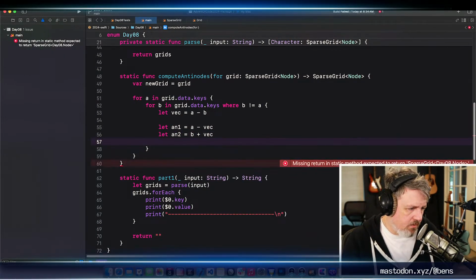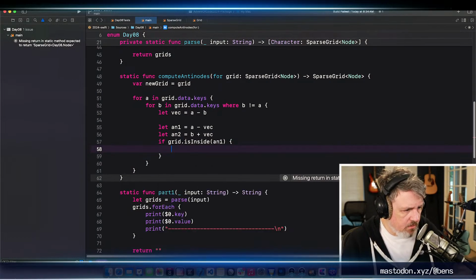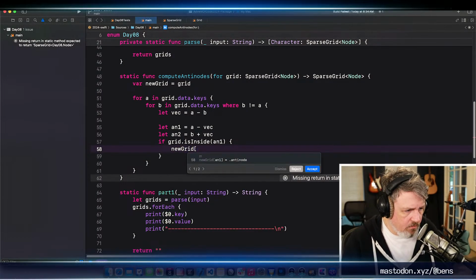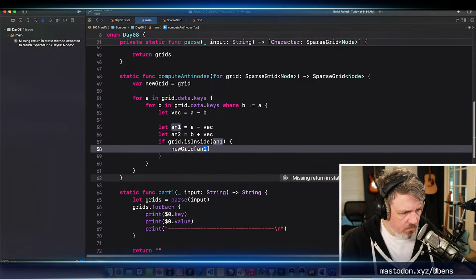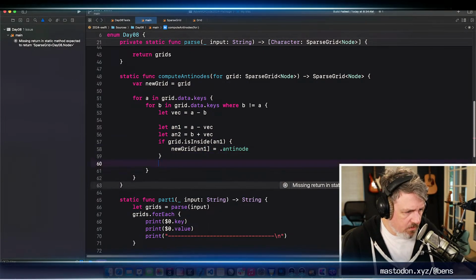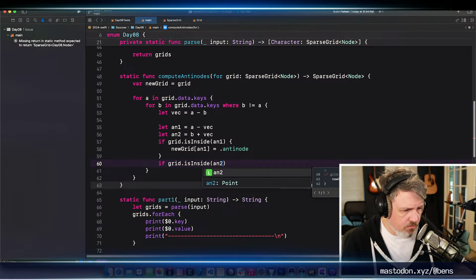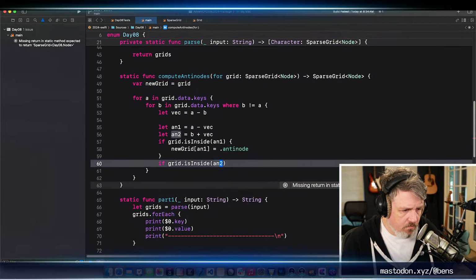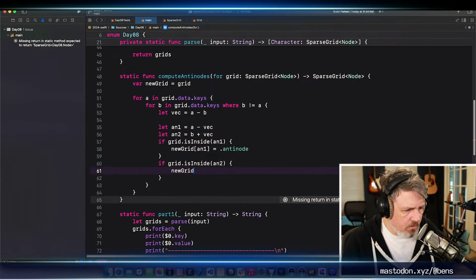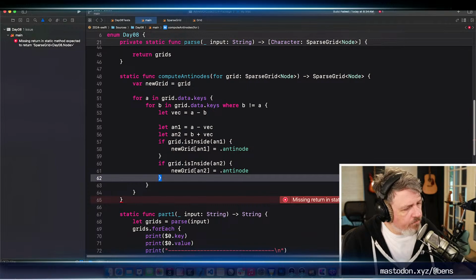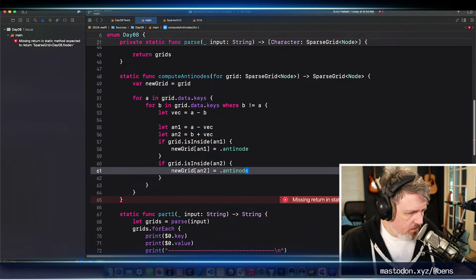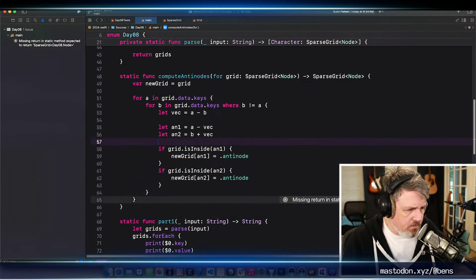And then for each of these, if the grid is inside AN1, then we're going to say new grid for AN1 equals antinode. And then if grid.isInside AN2, new grid AN2 equals antinode. I think I could probably combine these.